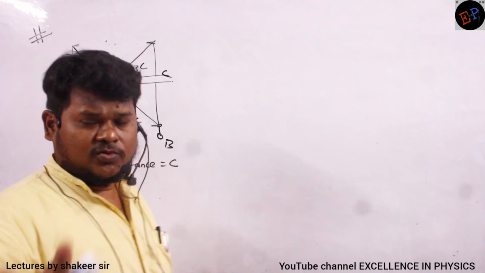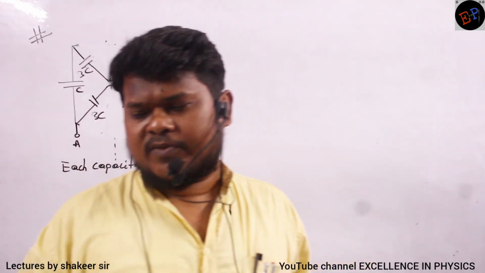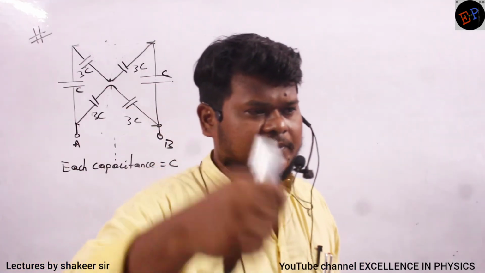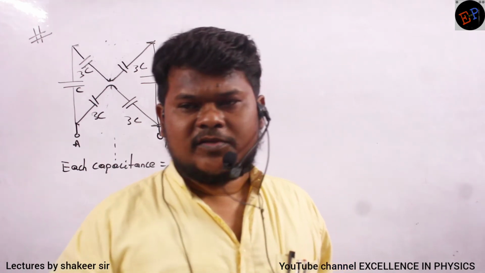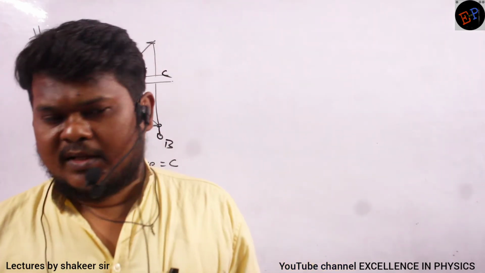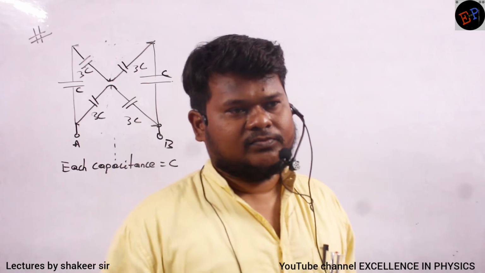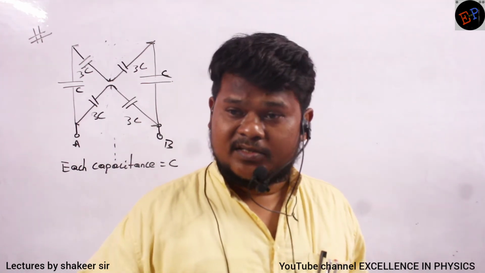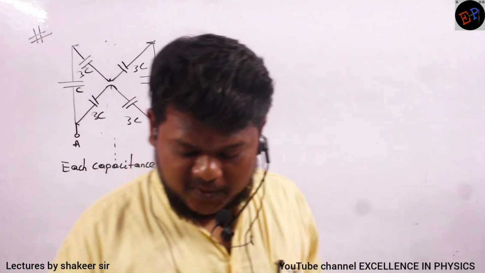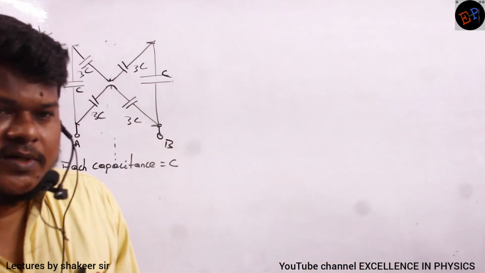So I have used two methods here. One is, first of all, I have seen the symmetry, perpendicular symmetry, and I have split one capacitor into two capacitors. Next I have disconnected them also. I can disconnect them, no? Why can I disconnect? Because there is path symmetry. So I have applied both techniques so that my calculation becomes easy.